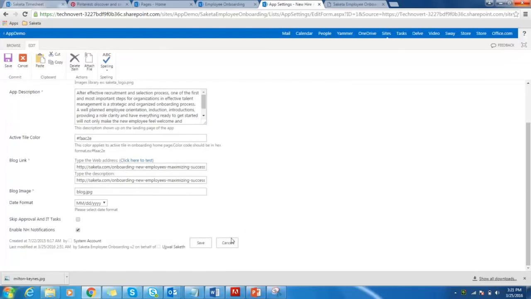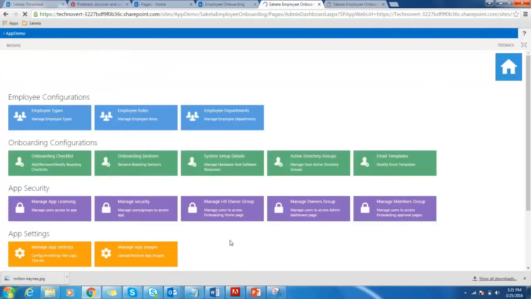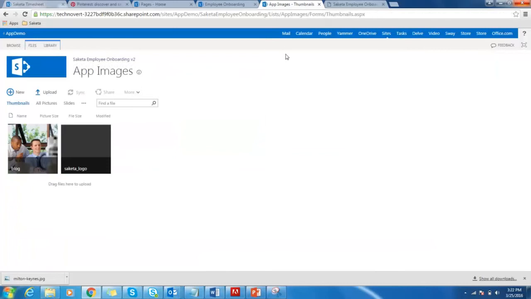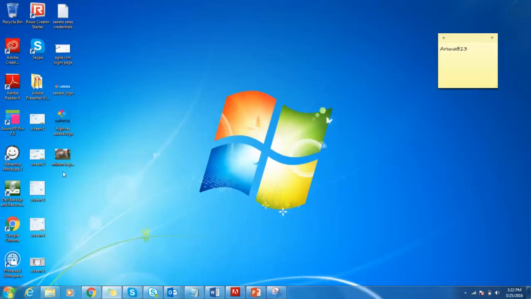So what I'm going to do is go here to manage app images. What I can do here is just drag and drop the file here to upload, which is what I'm going to do.